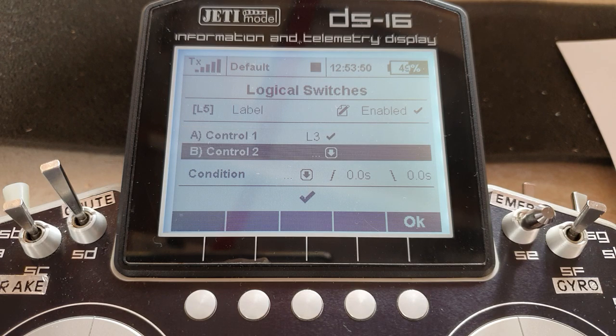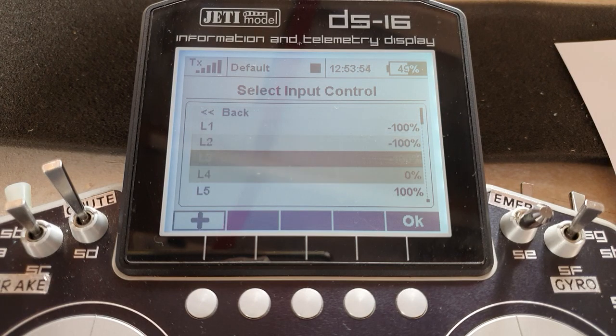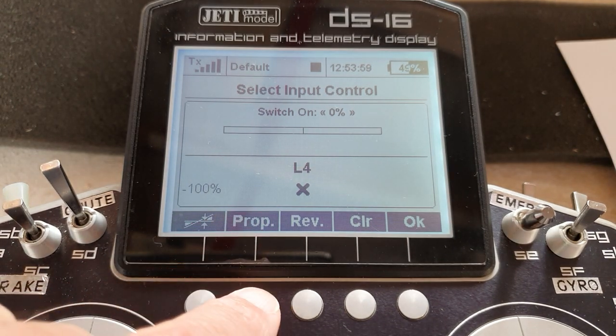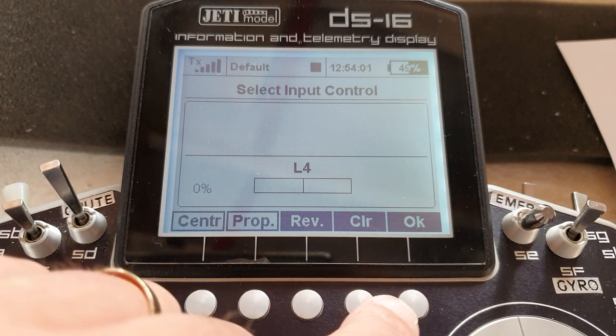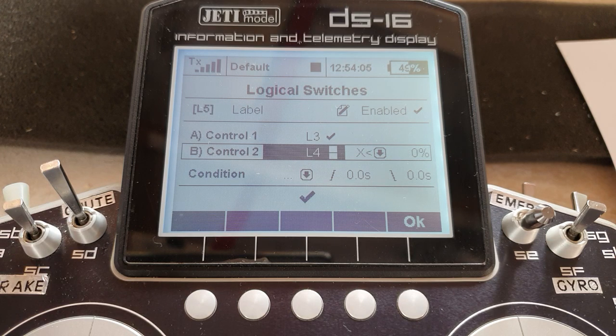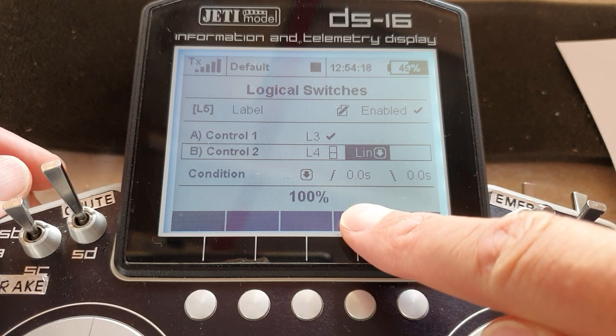And come down, control 2 now is logic switch 4. Don't accept it like this. We need it to be proportional. Say OK to that. It needs to have a center as well. So say OK to that. And now move along here and change it to linear. And there we go. So that's logic switch 4, with the automatic mode switching in the off position, the output